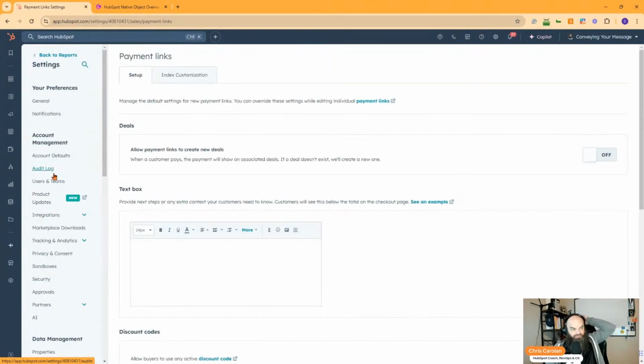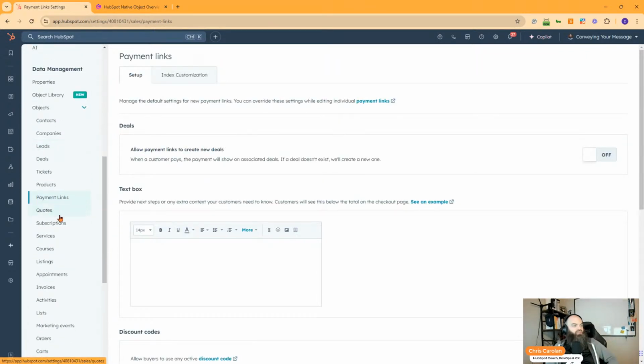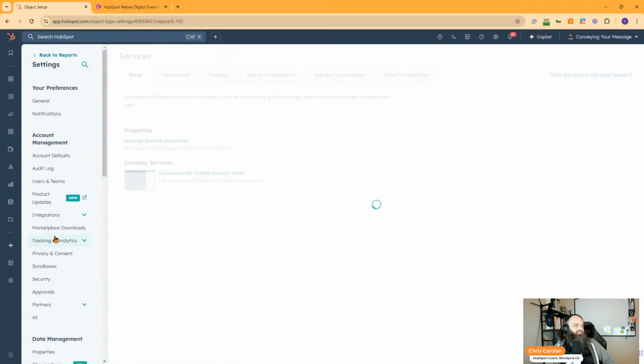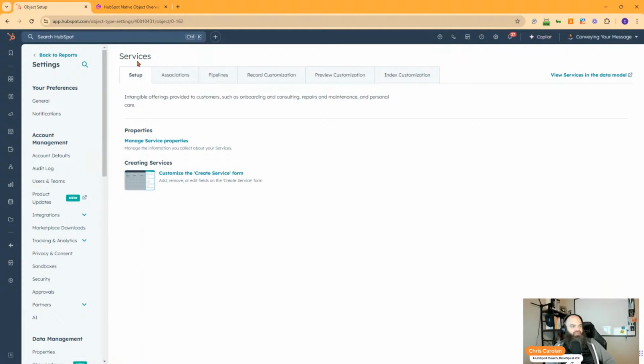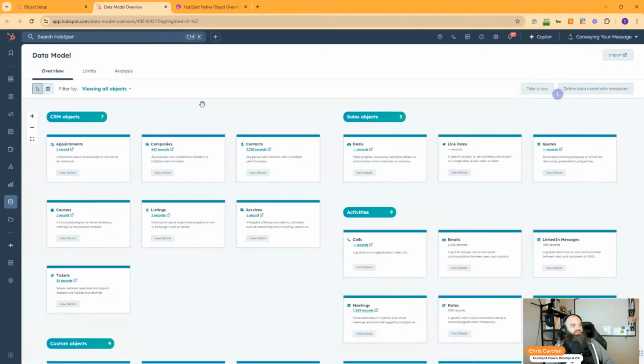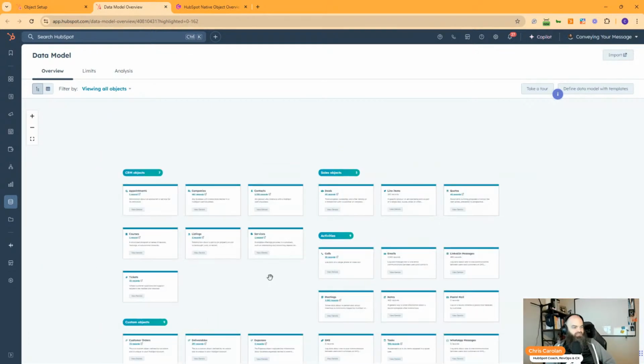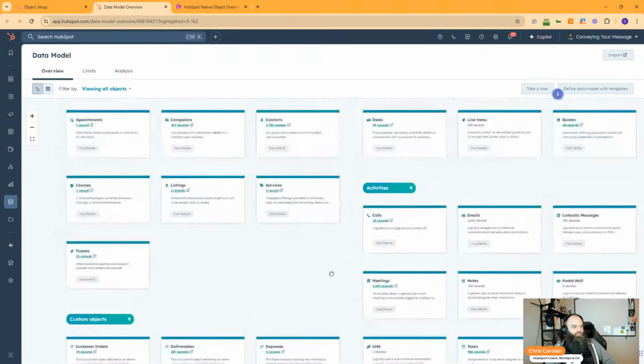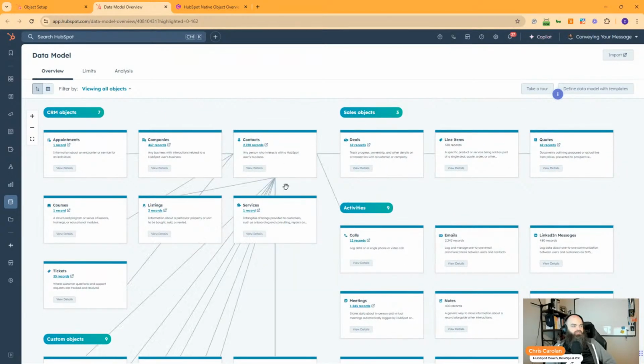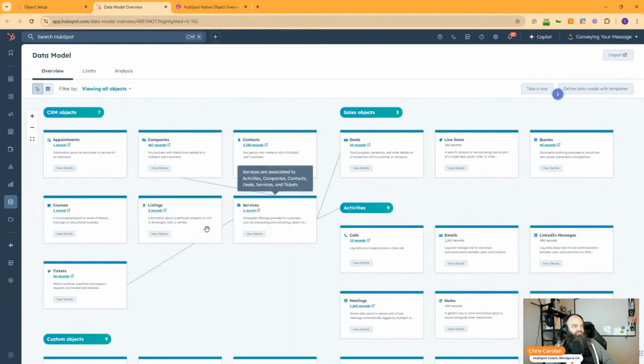Payment links, quotes, subscriptions, services. I'll click on services real quick. So see, native object at every level of HubSpot. We have setup, associations, pipelines, record customization, preview customization, index customization. And then we can even view services in our data model, right? So all these things are real objects in terms of where you expect to see them. It's courses, listing, services,